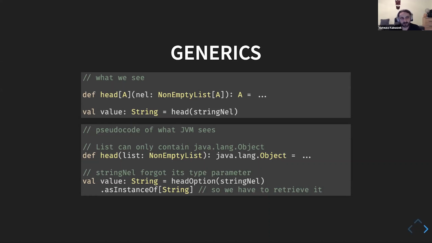But what about the JVM? When it comes to generics, there are two possible approaches. One of them is that any single time we need a generic, we create a new type and a separate implementation for it. It's called reified types. The problem is that if we want to create some types dynamically at runtime, and the compiler won't generate them for us, then we have a problem. And also, if we want to use them in a slightly different way than the creators of the JVM, or whatever VM's type system, intended, then we also have a problem.